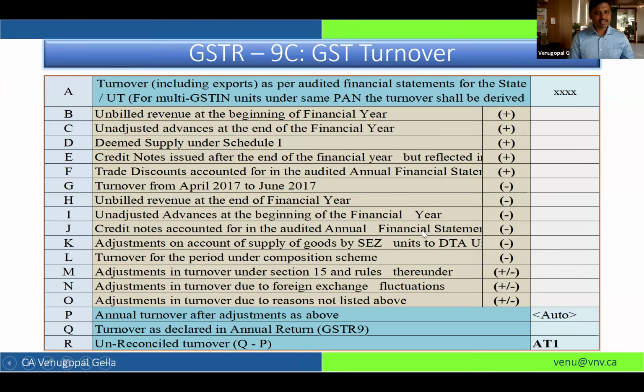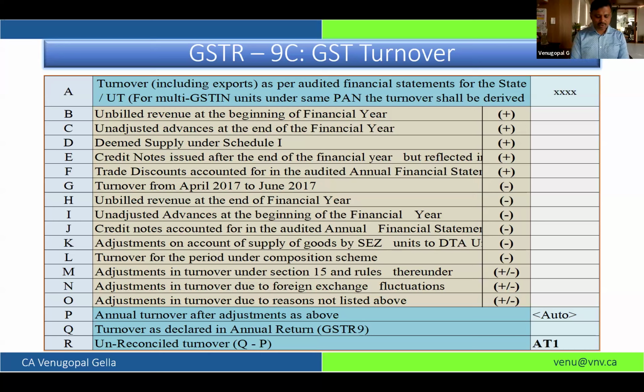We'll continue. All that I will say, people, is even though 9C is not applicable to you, fill this form. Keep this form. Only due care is that first line that you are seeing, turnover as per audited financials. Even the government recognizes and understands there would be multiple